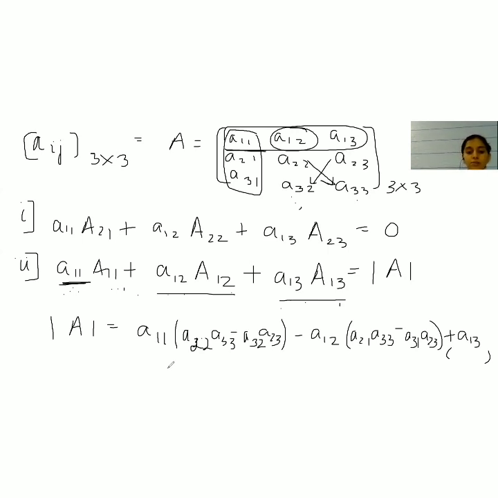Now, if you observe, what is this part? A22 and A33 is also the cofactor. Or rather, I can say minor multiplied by a minus sign. In case of 1, 1, you don't need a minus sign. In case of 1, 2, there will be a minus sign. Why? Because the addition is odd. For 1, 1 and 1, 3, the addition is even. So they will be positive cofactors. So it will be the same as your determinant of A. Try proving this on your own with this help. If not, then I will do it in the next session for you.